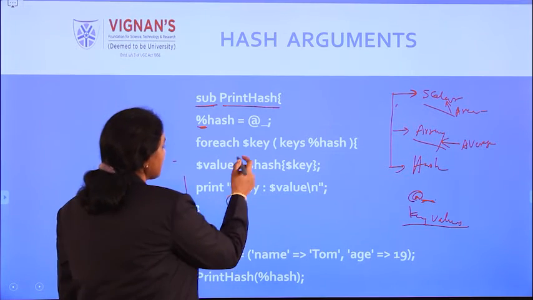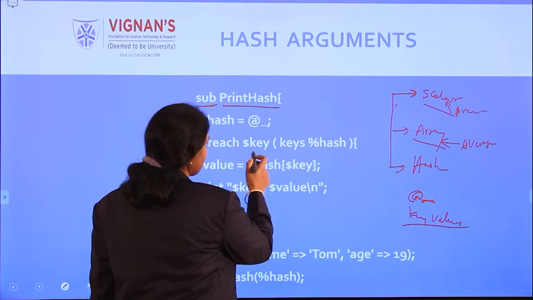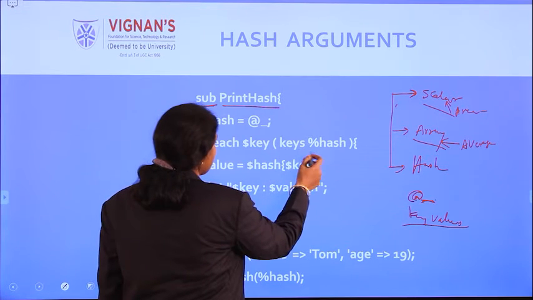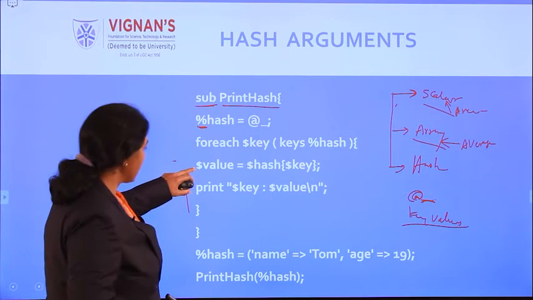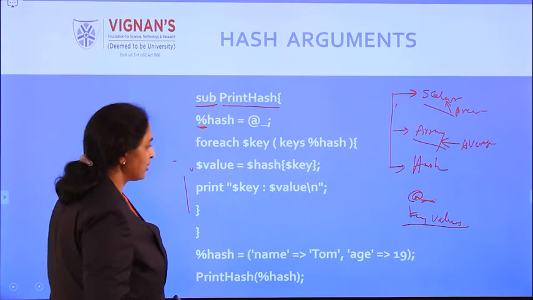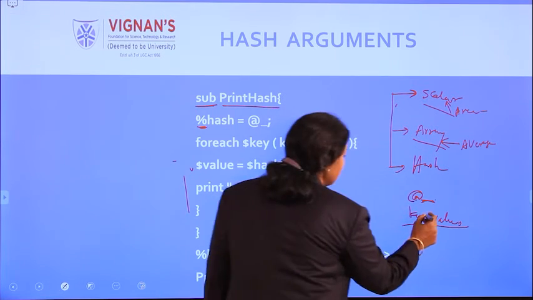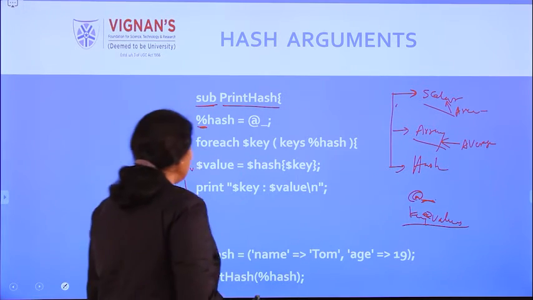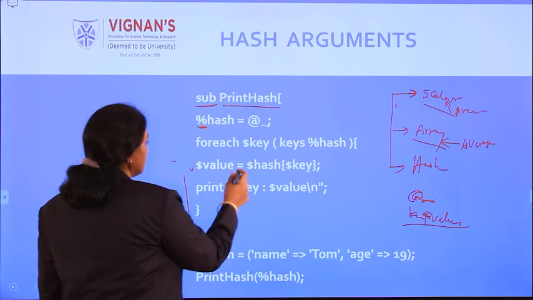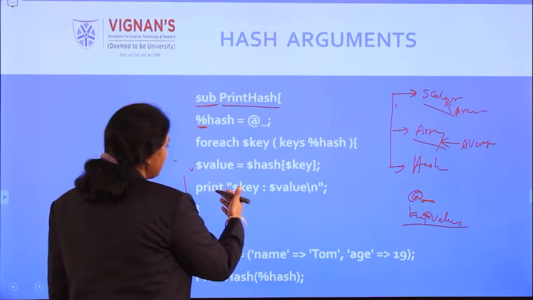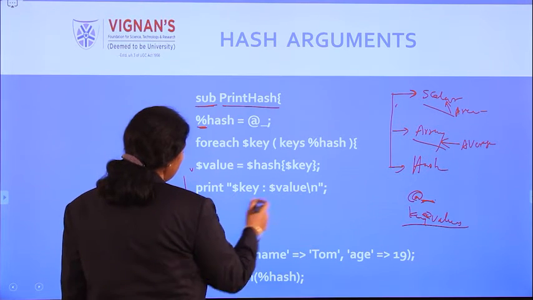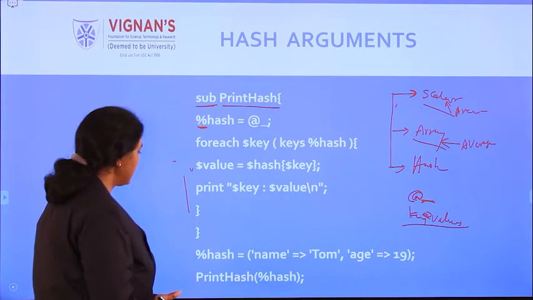For each key, as you know that for each keys and keys whatever is there, percentage of hash, values we have to write. So key value pairs are there now. Already we know the key value pairs are there. So we are writing the value. Hash of the key we have to write down. Now print all the keys and hashes. That's the way how we are writing.